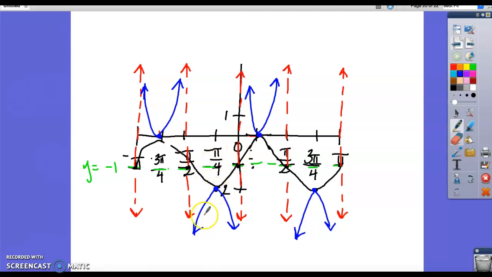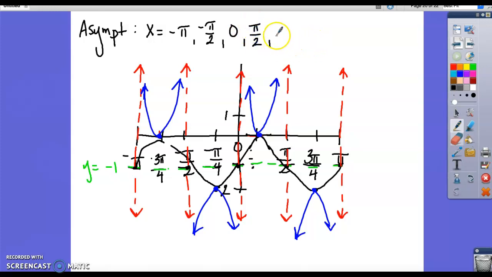Where sine has a min, cosecant has a max. And I may run out of time on this, but if you're looking for your asymptotes here, they are the points where it crosses the midline. So that would be negative pi over 2. These are vertical lines, so x equals negative pi over 2, x equals 0, x equals pi over 2, and x equals